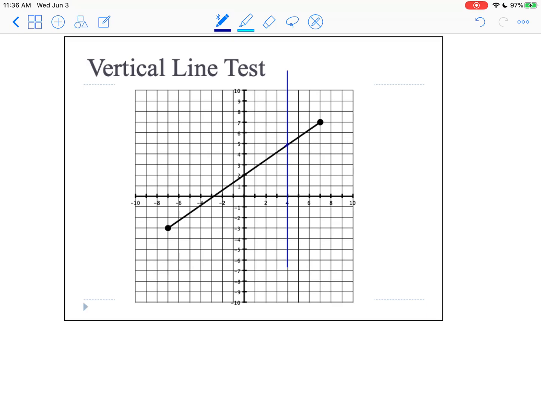So there's the 1 point that I'm hitting right here. And as I go through, it's only hitting 1 point. So this is a function. So it does pass the vertical line test. The domain,